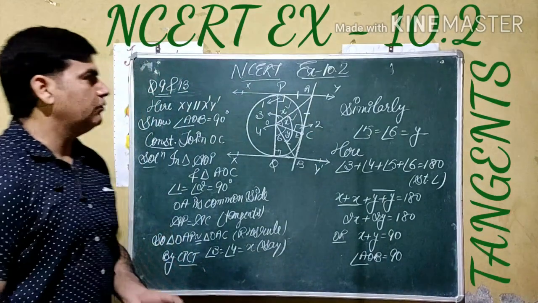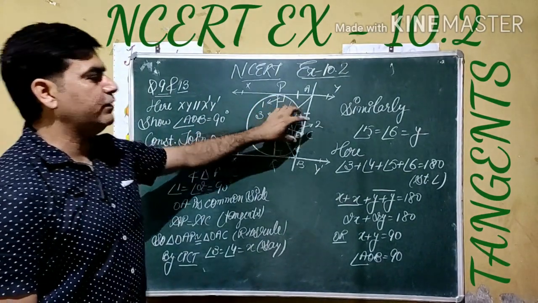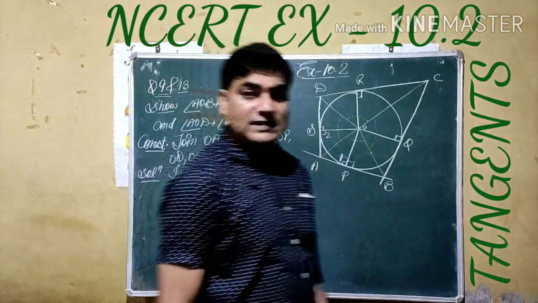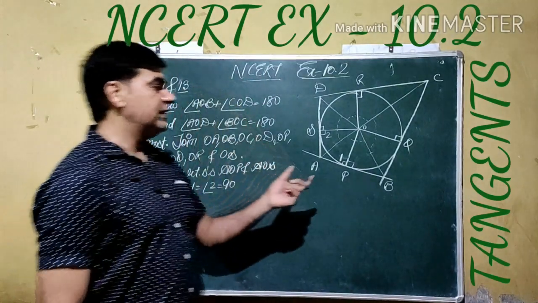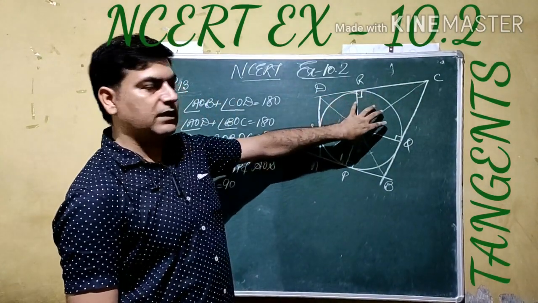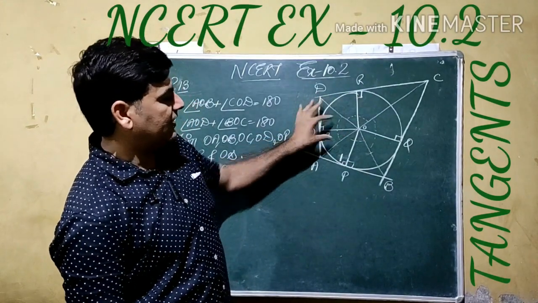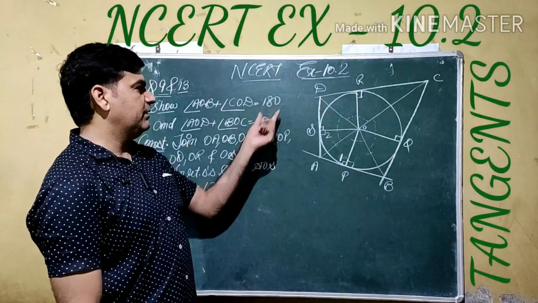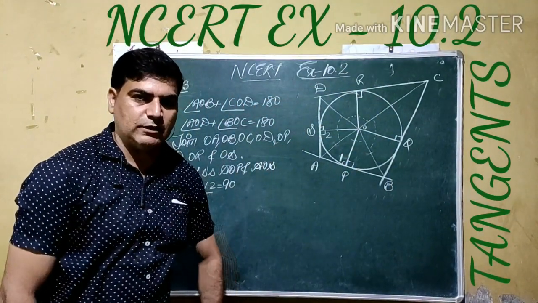Now we are going to continue with our next question, question number 13. But before doing this, we are going to change the diagram here. Then we come to the direct use of this result. As I have told you earlier, question number 9 and question number 13 are on the same pattern. In question number 13, there is a quadrilateral ABCD which circumscribes a circle. In the previous question we have proved this angle is 90. Now we have to prove that the angles made by opposite sides at the center are supplementary. Supplementary means their sum is 180. It may be the first pair, this one, maybe the second pair, this one. To prove this, we are going to use the same concept.